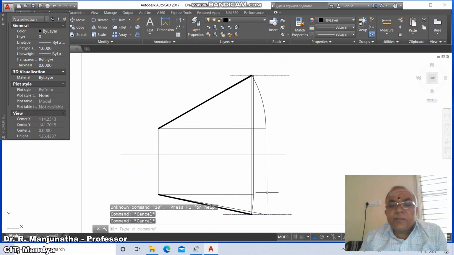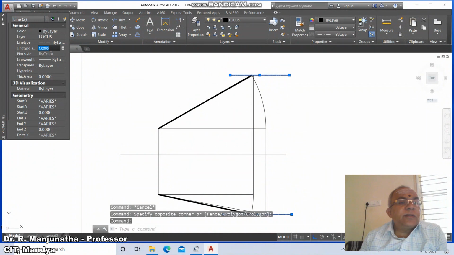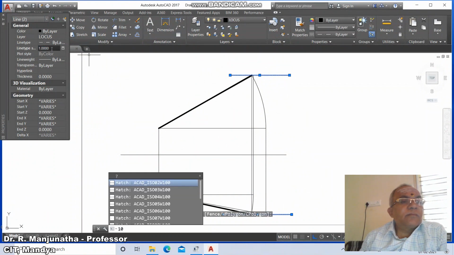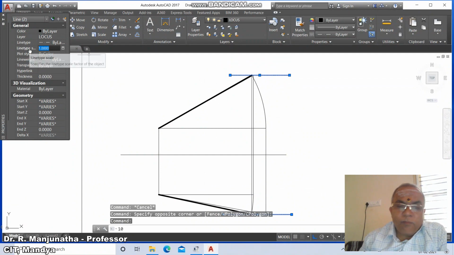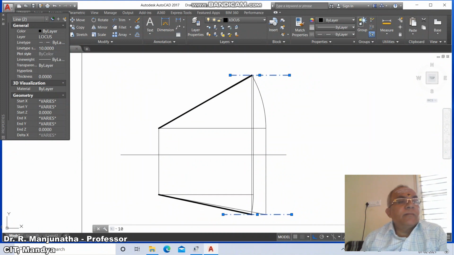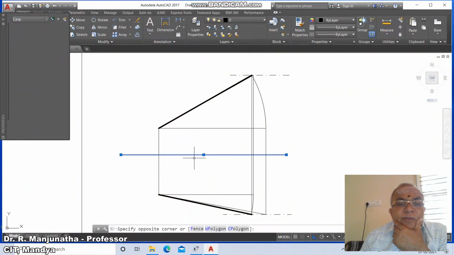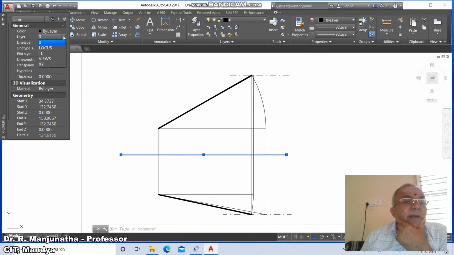And similarly you can increase the line type scale, you just make it 10. Enter, then escape. Now you come down to this, you make this layer as XY.